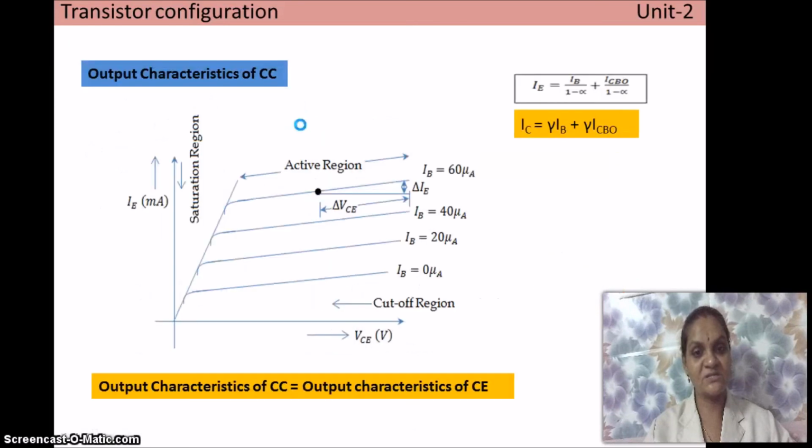And the next one is output characteristics. When you consider output characteristics, they are plotted between output voltage and output current at a constant input current. These characteristics will be very similar to the output characteristics of common emitter. The only difference is the y-axis. In common emitter we plotted collector current, whereas here in common collector we plot emitter current, whereas the x-axis and constant parameters are both the same.